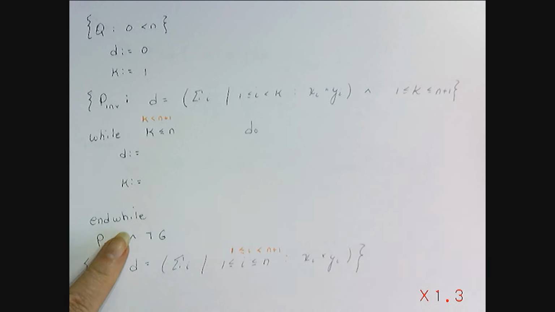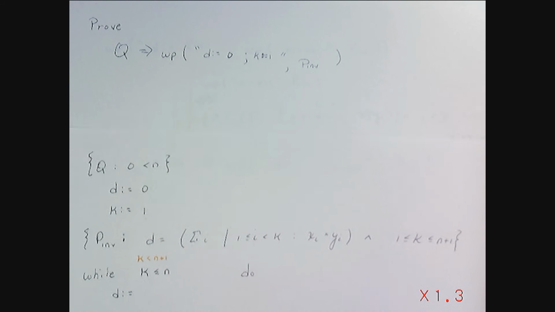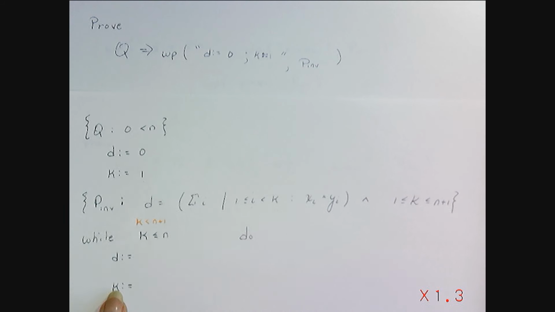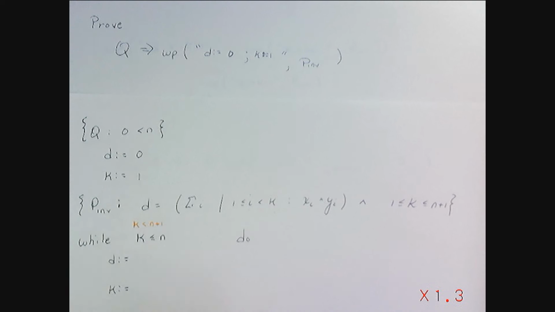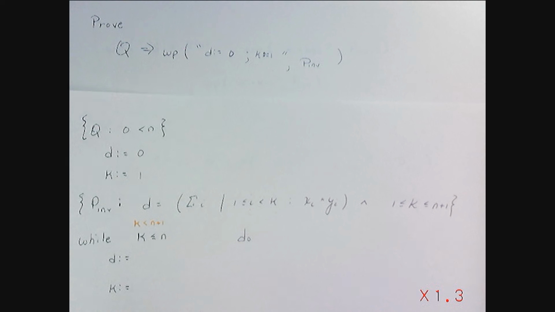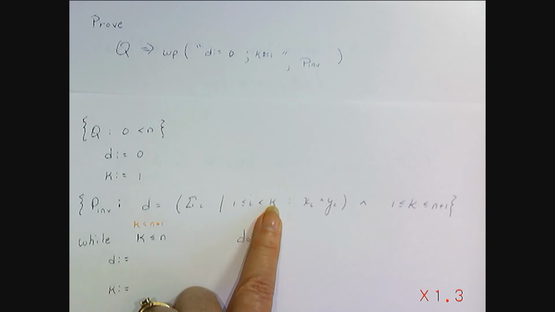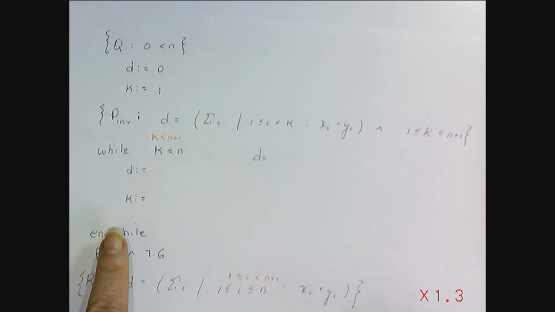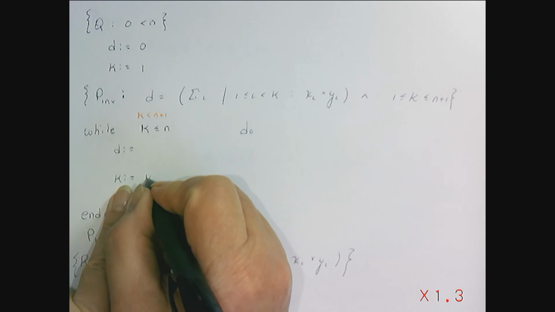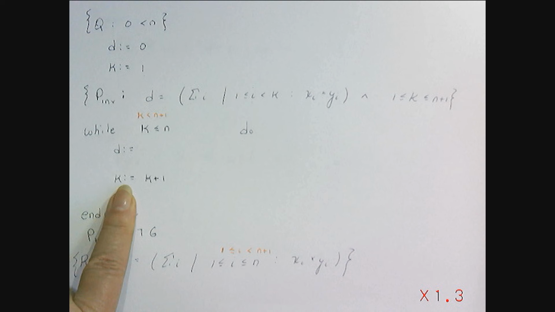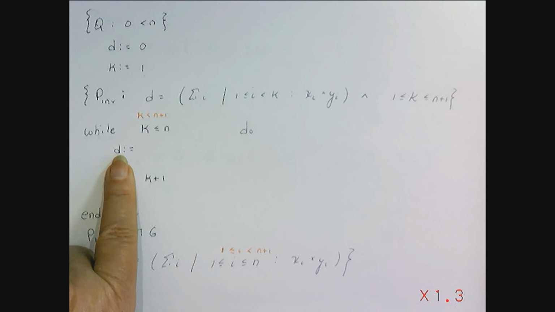I know that, first of all, I'm updating k in the loop, and the way that this is working is k is incrementing, so eventually the entire range will be from 1 to n, including n. And so I know that inside of the loop I'm going to assign k the value k plus 1. Now I need to figure out how to update